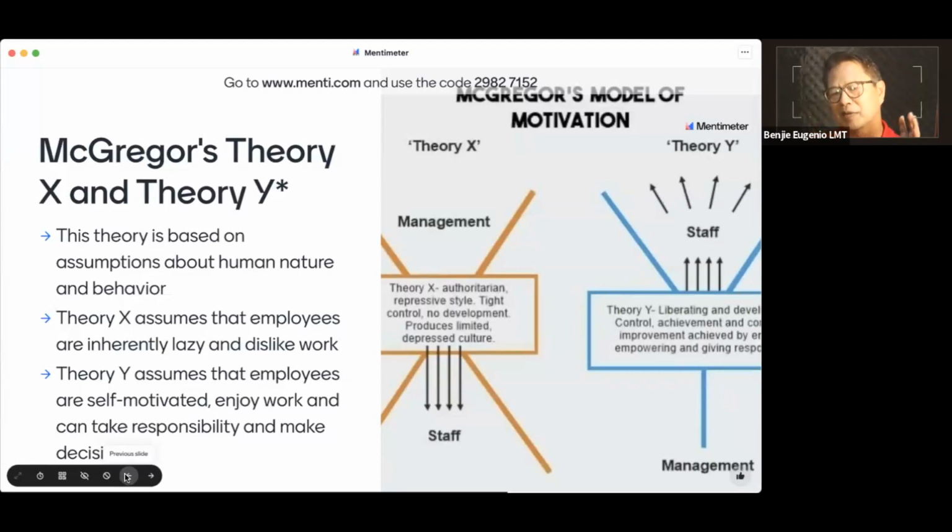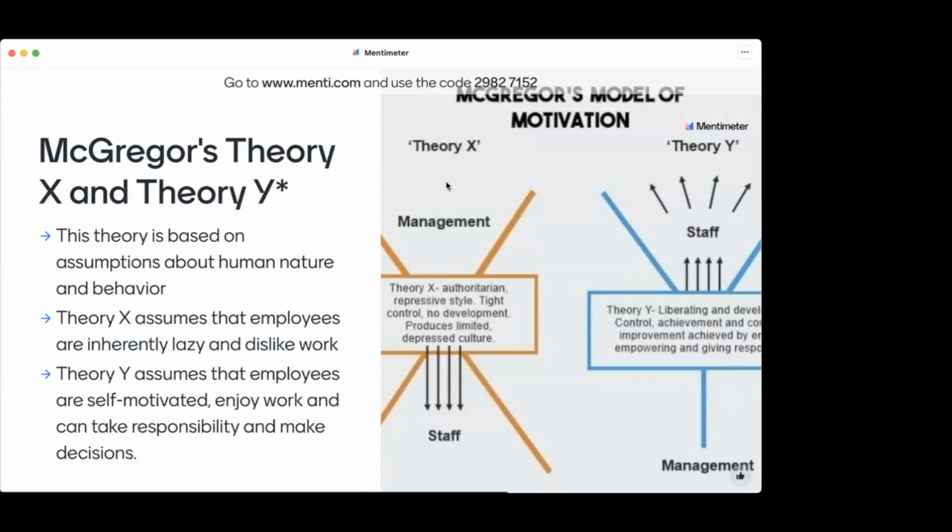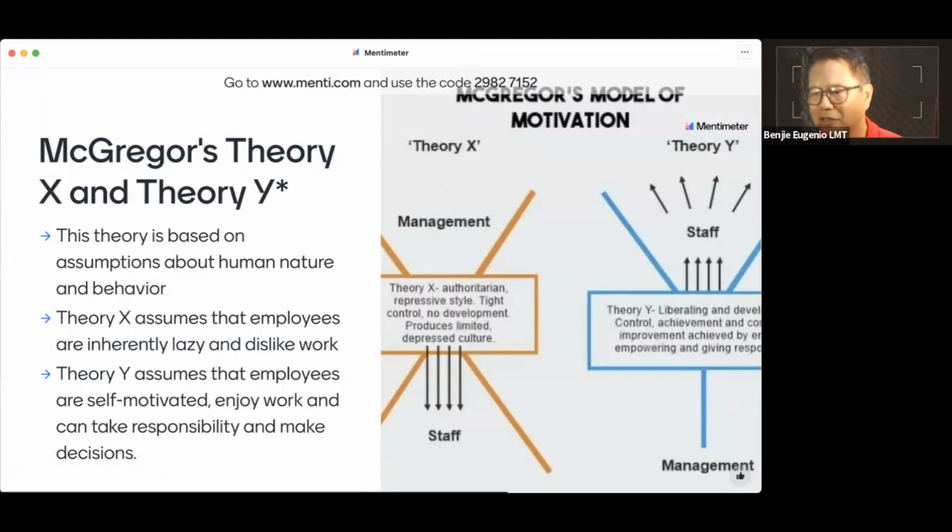Hindi ko masyado maging stricto sa inyo, no? Pero after some time nabatsagan ko ang mga tao nagpinagusto na sila. So whenever I would set or give them an assignment, things to do, gina-delay nila, no? So one thing na ako